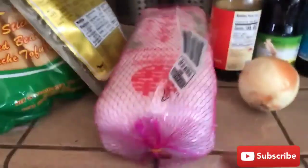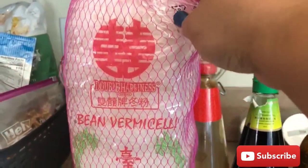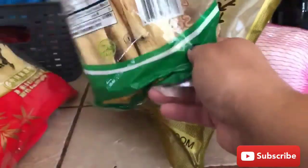Hello, so today I'm gonna make stir-fry vermicelli. This is the brand I'm gonna use. Probably gonna use half of that. It's silver noodle, and in there I'm gonna use shiitake mushroom, and I can never say this other dry bean